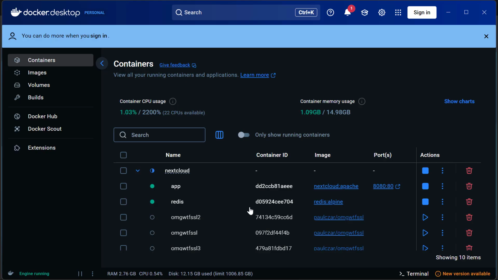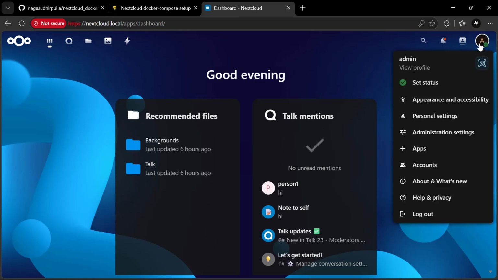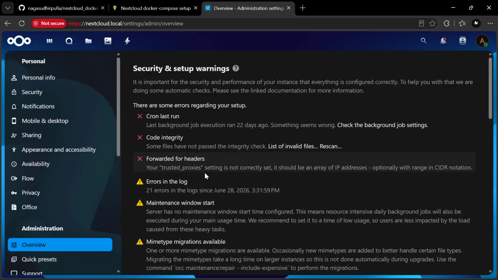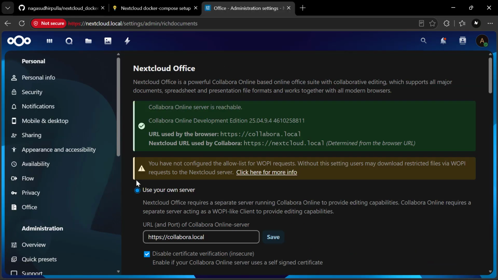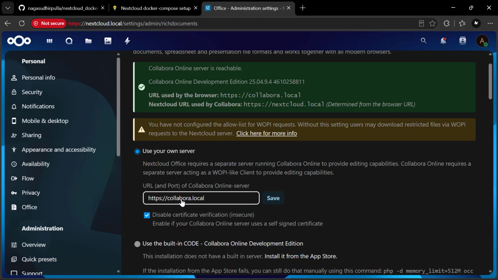Now once you run and set up this Nextcloud stack successfully, you can go to this Nextcloud app and verify the settings or see the settings for yourself. So just go to the top right, admin user account, go to administration sections, and here you can see the overview of the app settings. It's giving me some issues, you can solve that. And here in the office section, you can see the Collabora settings we have done through the OCC command line. It has successfully set the backend URL, and it is telling to disable the certificate verification because I'm using self-signed